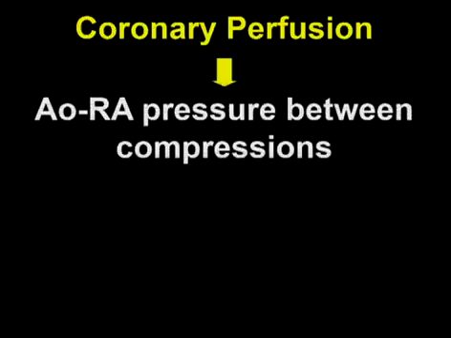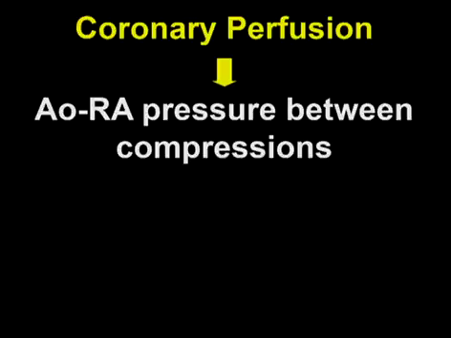Now, if we talk about CPR, I wanted to go back to the physiology for a few minutes because I think it's very important to understand what it is that we're doing when we compress the chest. Again, the most important thing that we can do immediately is to ensure that we have a high coronary perfusion pressure, because that is the determinant of cardiac resuscitation. We need to bring oxygen to the heart that is in desperate need of oxygen. So the higher the coronary perfusion pressure, the more likely it is that we are going to be able to successfully resuscitate.